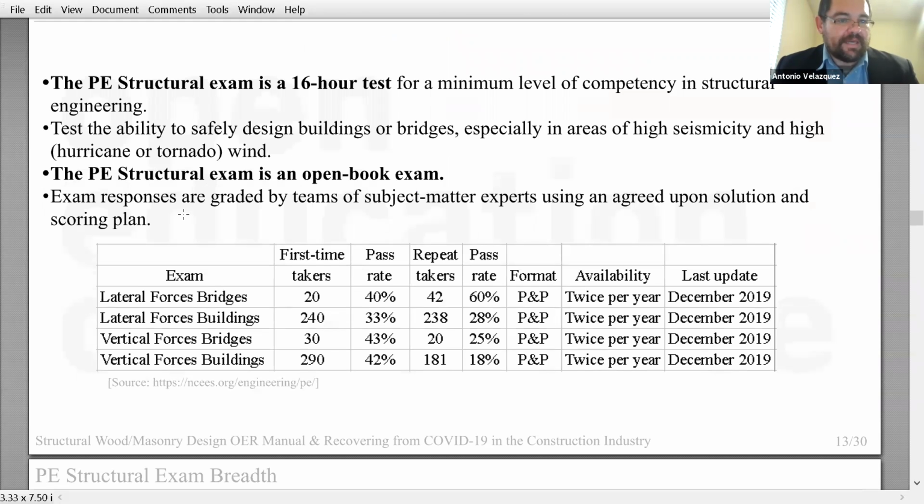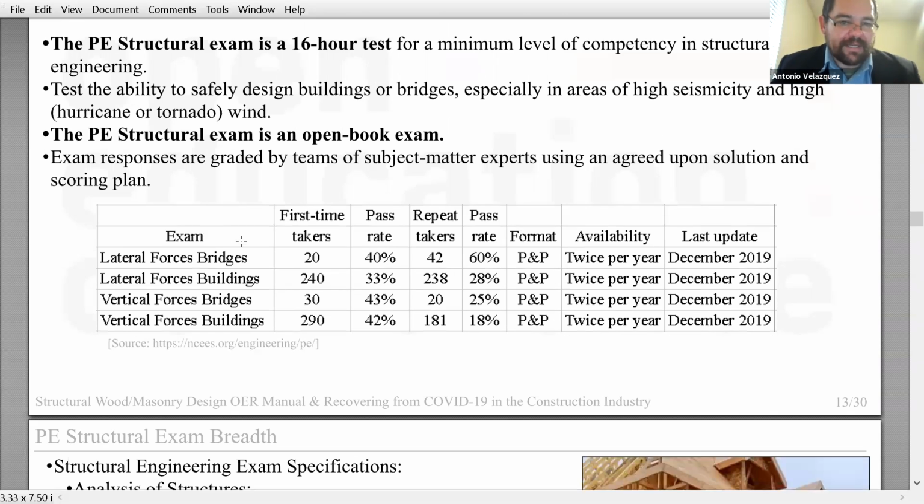Look at this table again. It's a similar situation. And how do you fail? Look at the failing rate now for the structural engineering part alone. Look at this, it's just a 33% approval rate. In the second test, it's just 28%. So these are really bad numbers. These are really depressing numbers. So this is the niche.